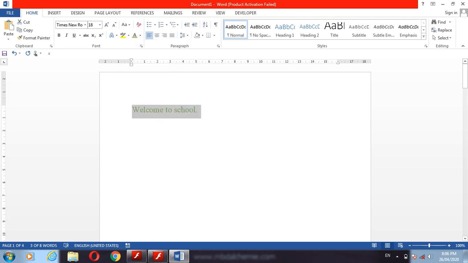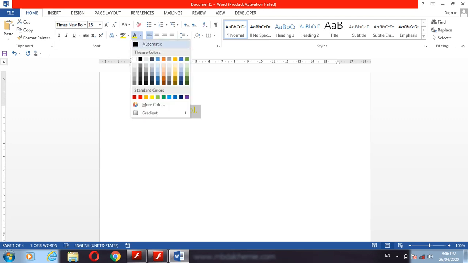In this way we can change the text color. Also we can change the background color.